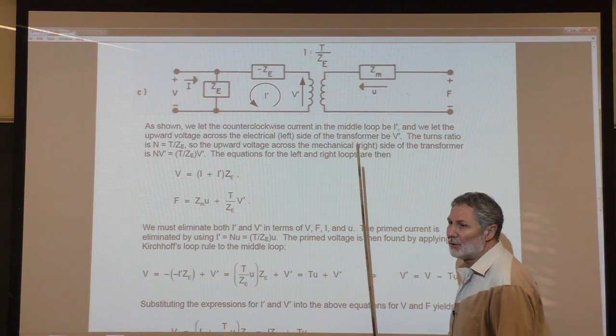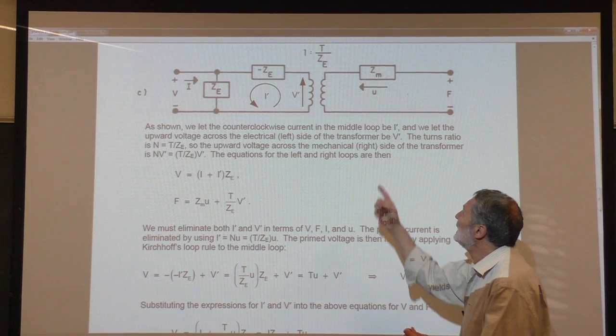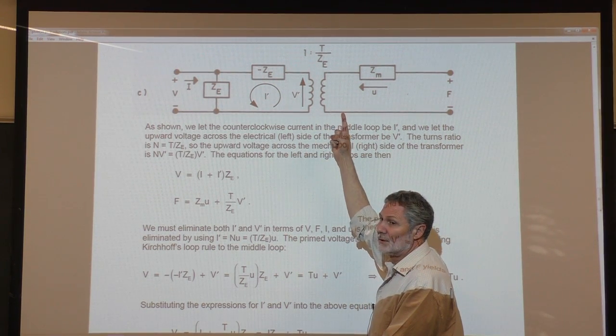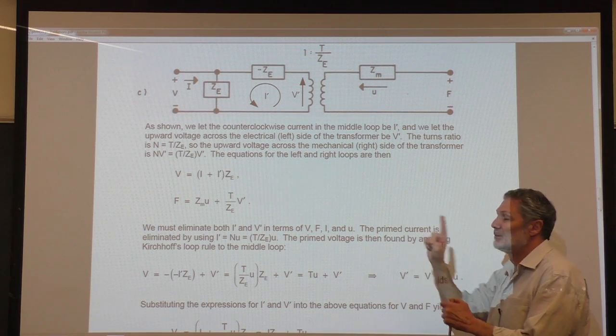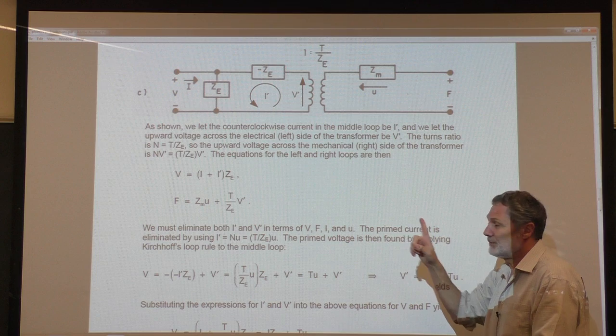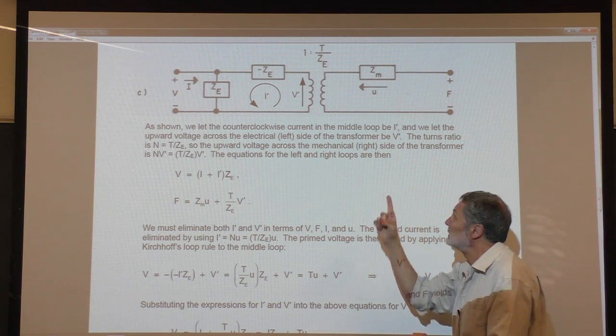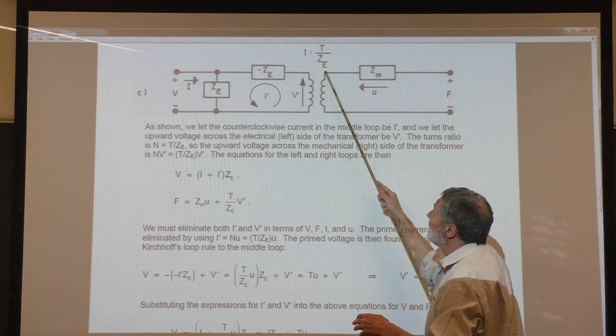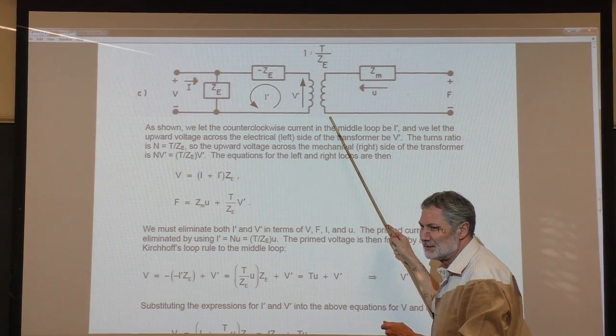Is it the sign that you're asking about? So the voltage across here is upward. If you think of positive as upward, then the drop is going to be, if it is positive, which means the voltage is increasing going from here to here,